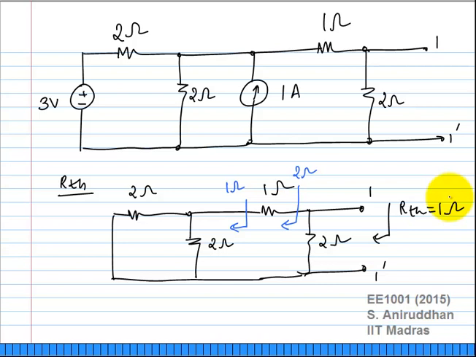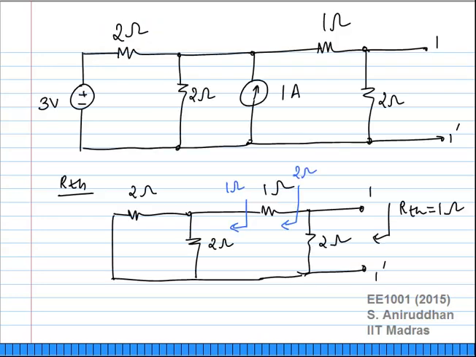Okay, what about VTH? This is the open circuit voltage across 1 prime. How would you do this for any general network? Would you sit down and start solving KVL, KCL? Maybe that makes sense, right? Maybe for a very complex network. But